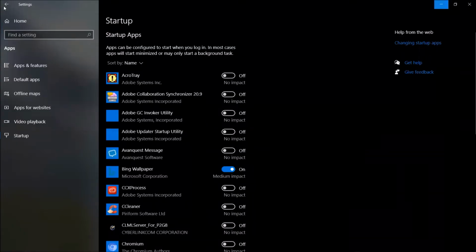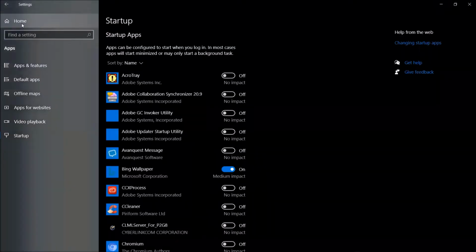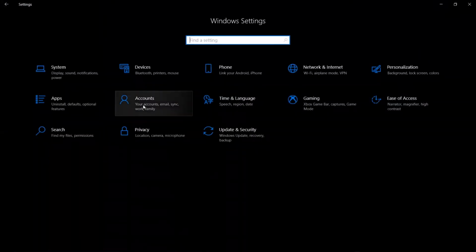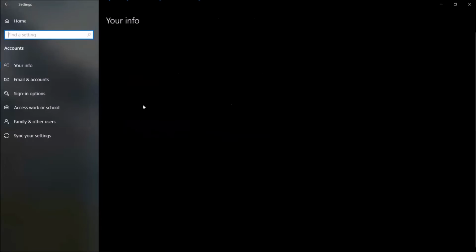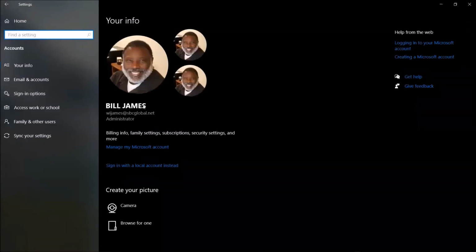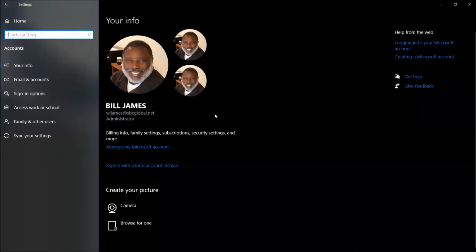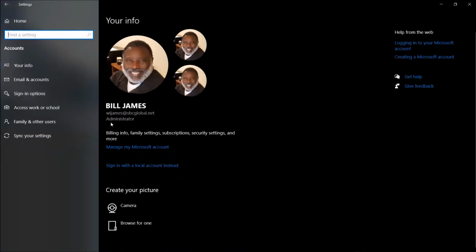So again, I'm going to click on my home button, and I will then go to accounts. And so right off the bat, it's going to show several things. It's going to show your name, and if you have an ugly picture like I have, you can add that. It shows that I'm the administrator,